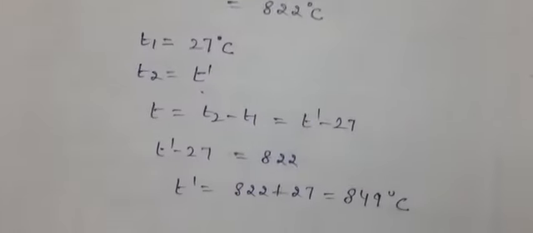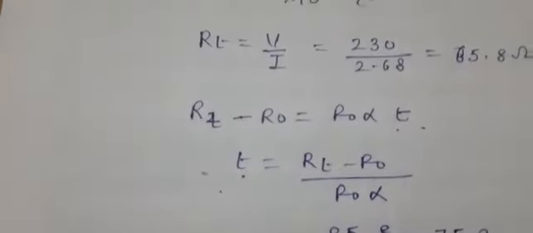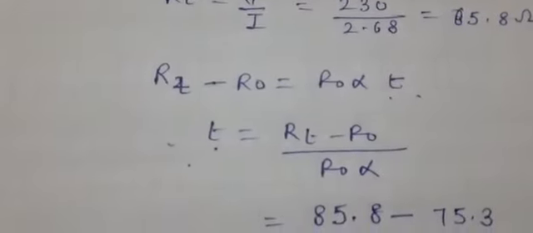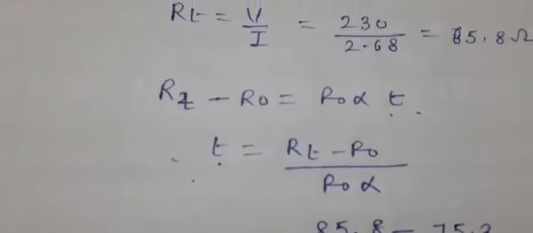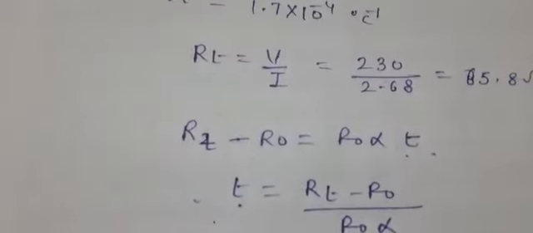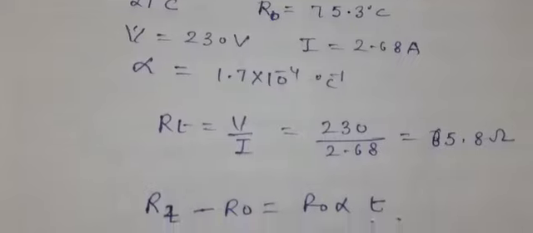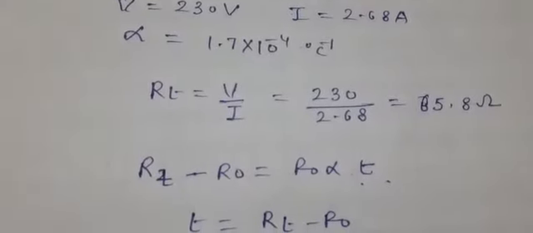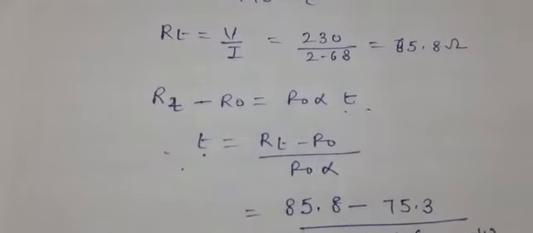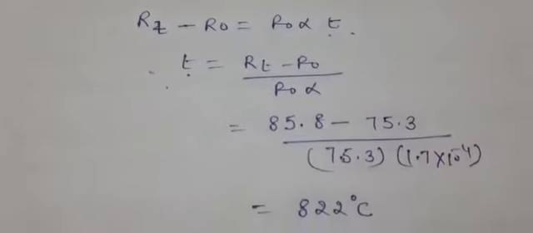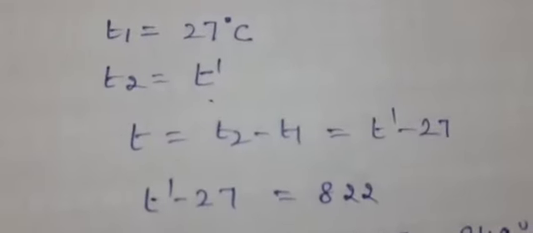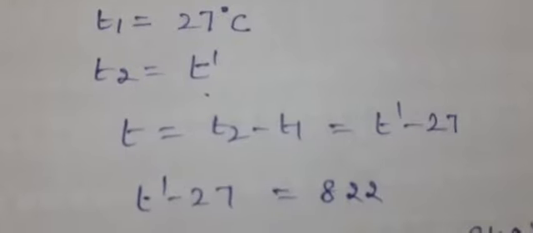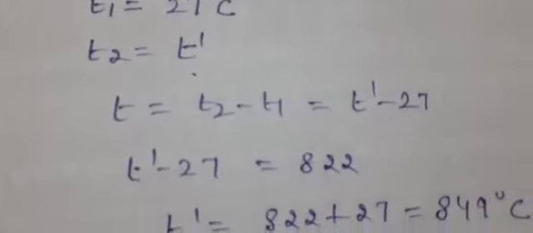So basically in this numerical also you can see the concept we are applying: we are using the concept of temperature coefficient of resistance. That means RT minus R0 equal to R0 alpha T. This will be taken as a standard result. As per the statement, we have calculated the resistance at that particular temperature, then correspondingly applying the formula, we have calculated the difference of temperature. Now, the initial temperature is not 0 degrees Celsius because room temperature is 27 degrees Celsius. So the final temperature you have to calculate, and this will be taken as T2 minus T1.